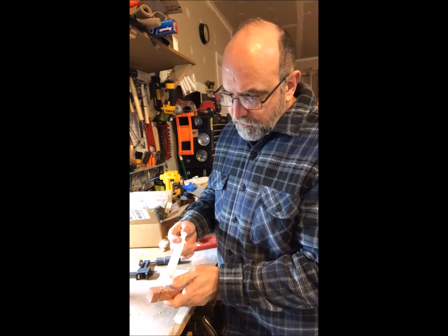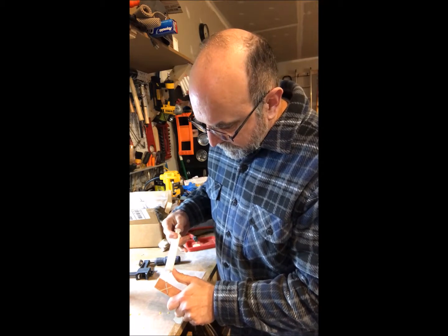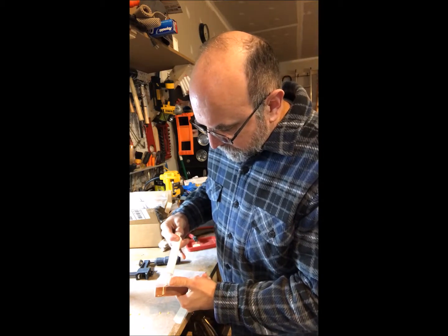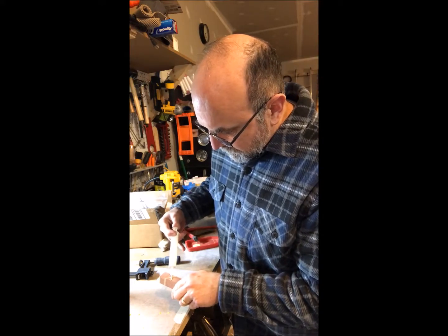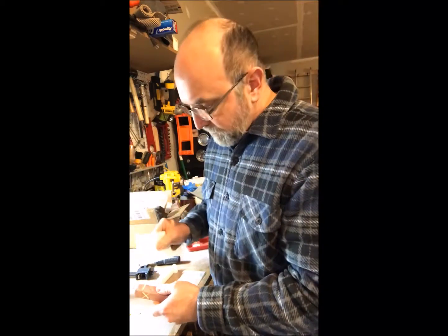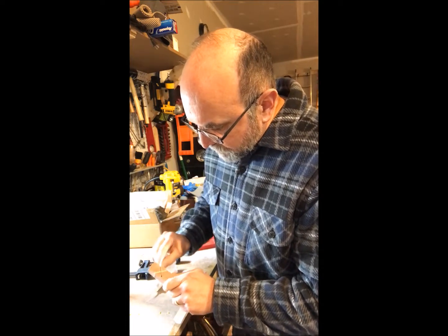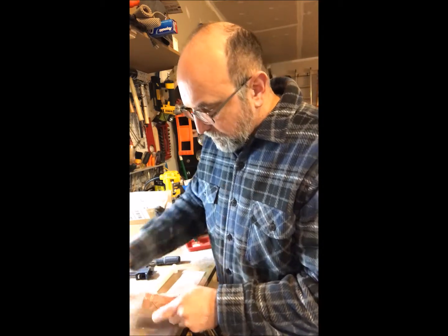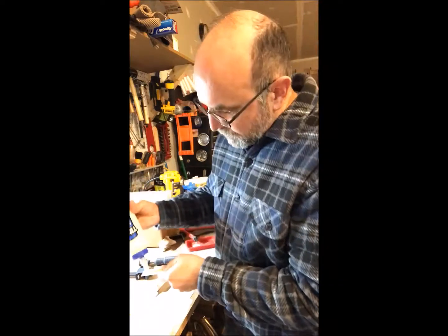But when you're trying to get glue into a tight little spot like this, it can be helpful to put a little bit of pressure behind it with the syringe and squirt it in there. And I actually like to go along the sides as well. And then once you've done that, you can take just a 3x5 card or any kind of thick paper that's not just going to fold up on you, and use that to kind of spread the glue into that saw kerf. Once you've got the glue in there, you take your contrasting wood